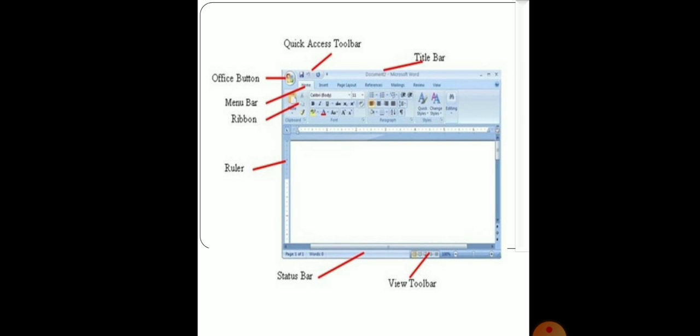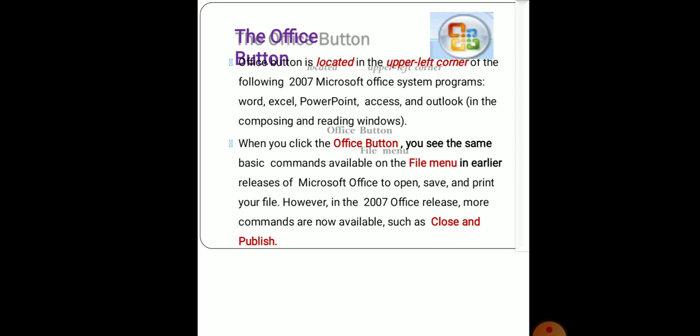So our first element is the Microsoft Office button. So dear students, as you can see, the Microsoft Office button is a button that provides access to menu commands in Word. Whatever the menu commands in Microsoft Word, if we want to access these commands, there is an option, that is the Office button. So dear students, what are the various things that come under the Office button? We can see these one by one.